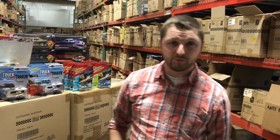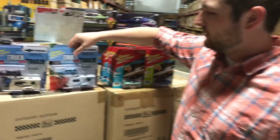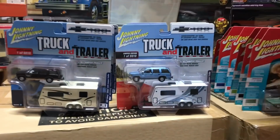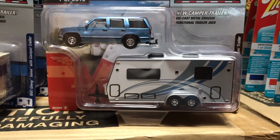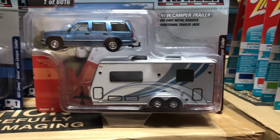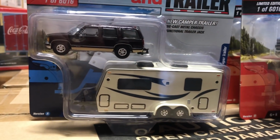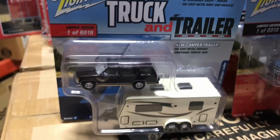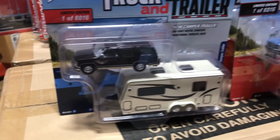Okay, so in 1/64th, we've got these 2 new Johnny Lightning releases. First off, this is the next release for our new truck and trailer series. So there's three cars in this with 2 different colors. What's cool about this first one is the 97 Chevy Tahoe with the camper trailer. And that camper trailer is a brand new tool for us, never before released. So we've got both versions here. This is the version B with the light blue and the white camper with the graphics. And version A here is in kind of a dark brown color with beige accents and beige matching camper